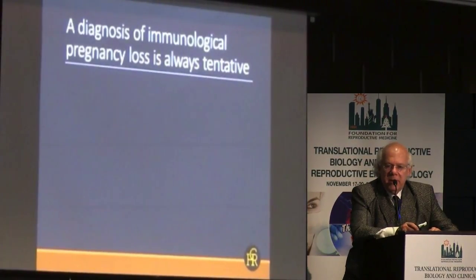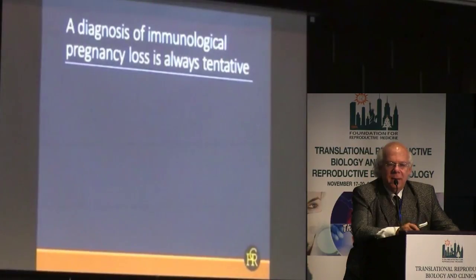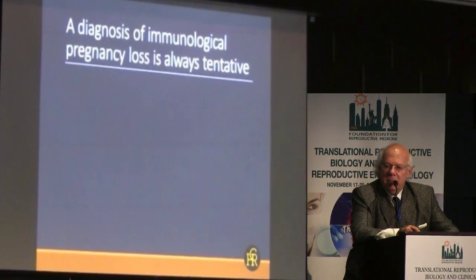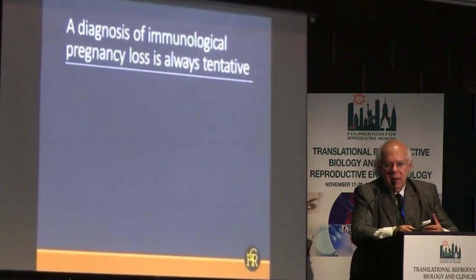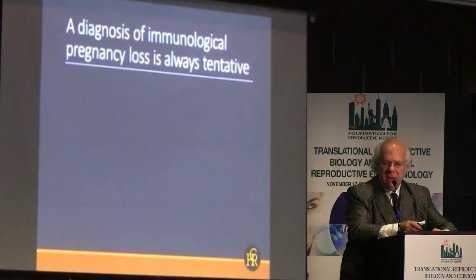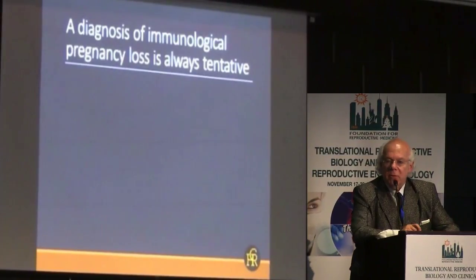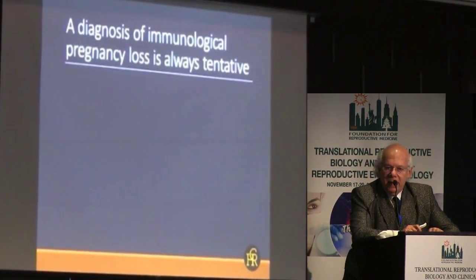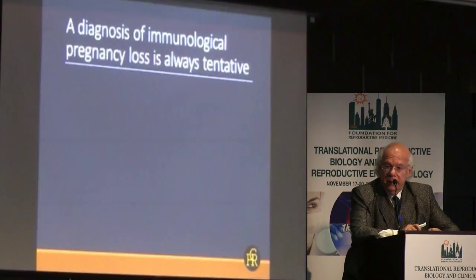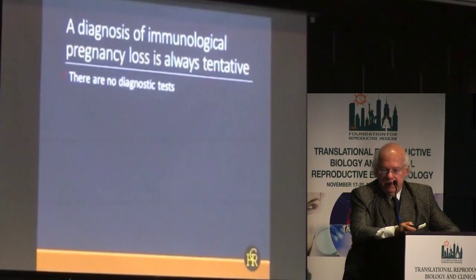So we used to believe that if we send products of conception after a miscarriage and get a report that says this is a chromosomal abnormality, we can automatically exclude immunology as a cause. It has to be chromosomal. That is not true, and it is particularly not true if the chromosomal abnormality being reported to you is one that is compatible with life. So be careful in making those automatic assumptions.